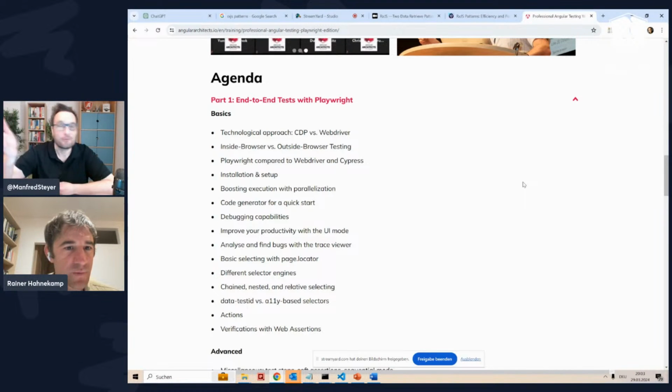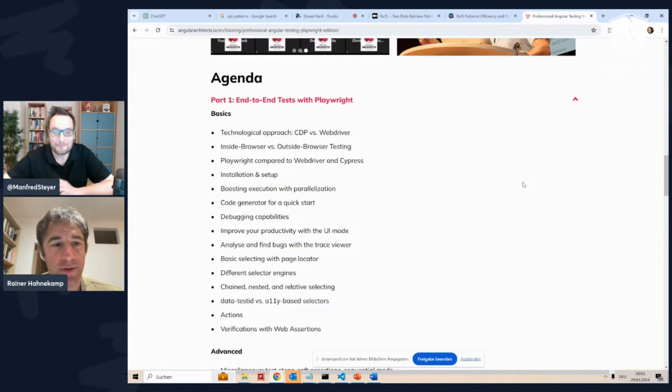Are there practical exercises? Yeah, a lot of them. That's of course for the Playwright part, but also for the unit testing part, because as I've mentioned before, it's crucial that when you have to use Jest or Jasmine, you know how to deal with asynchrony. You also have to know what the TestBed is all about and how to use it, because it will also play a role in Playwright and also in Cypress component testing, because under the hood they also use the TestBed. So it's just important that you also know about the basic rules there as well.